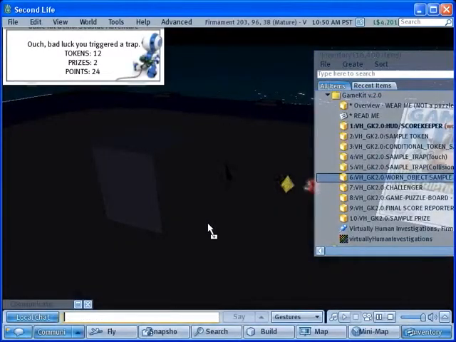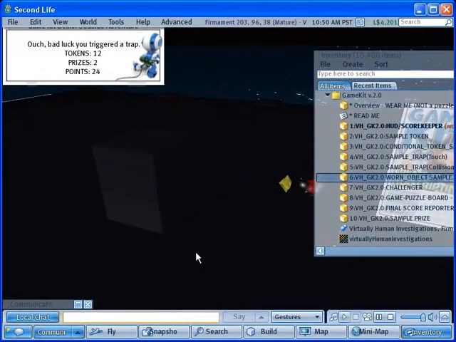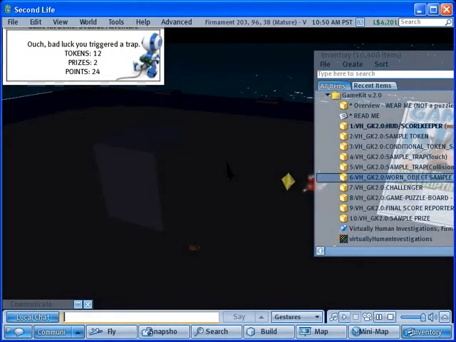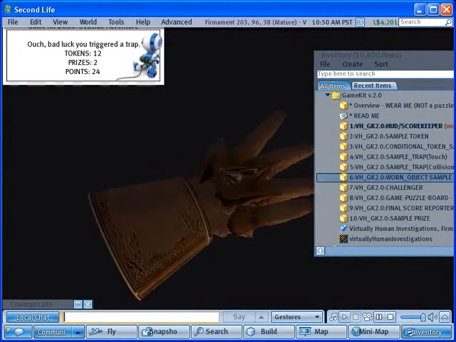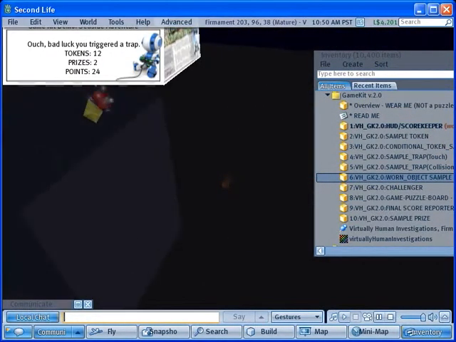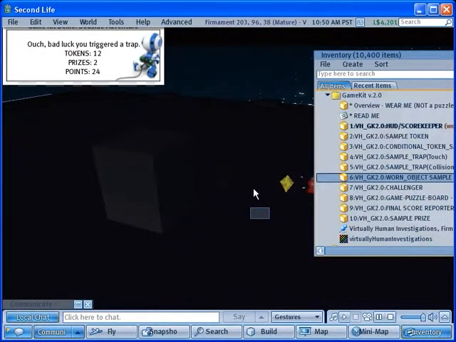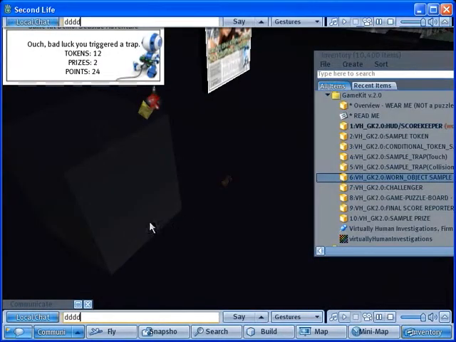The worn object. Now, we'll give you an example of the worn object. That's a new object in the GameKit version 2.0. You can see here this is a glove. And for a quick example of how that works, let me just fly over here to the